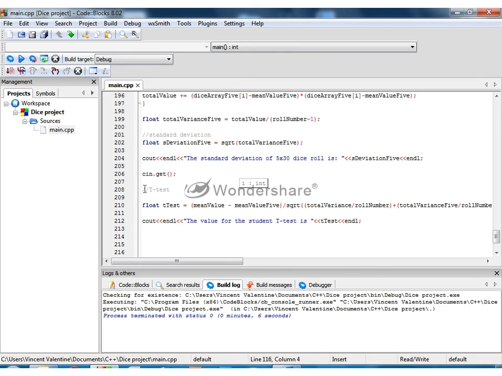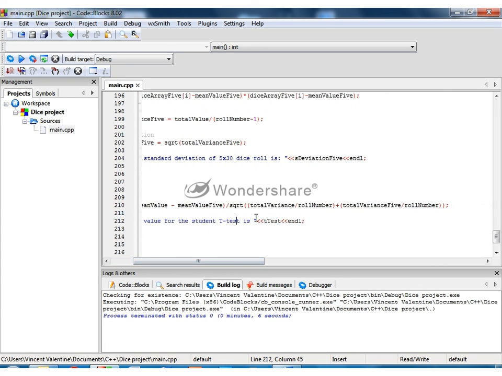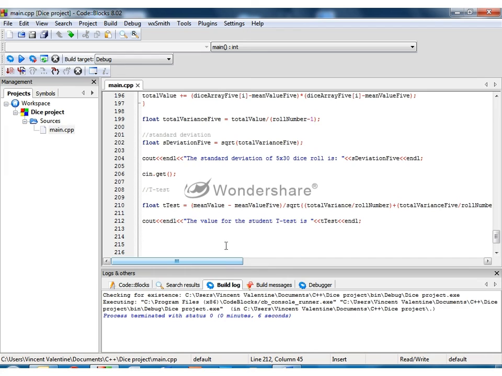At the end, I'm doing the student's t-test, which uses the mean values of both sums of the dice, both 4 and 5 dices, and these are divided by the square root of the total variance divided by 30 plus the total variance divided by 30. So we get the difference. Let's see if we